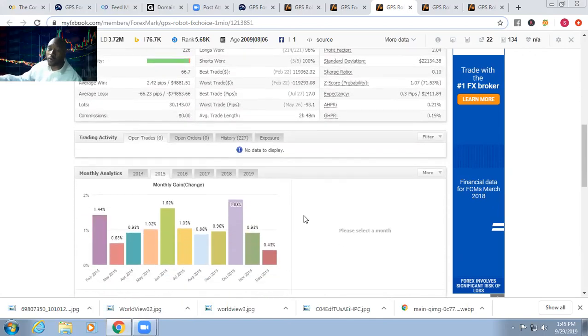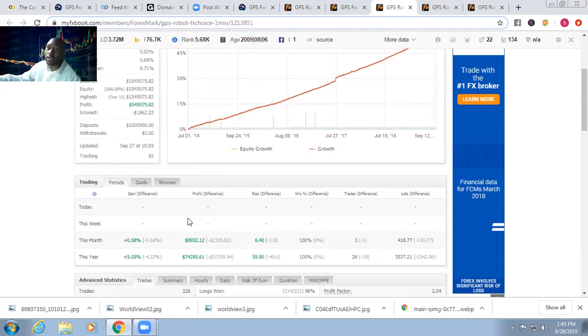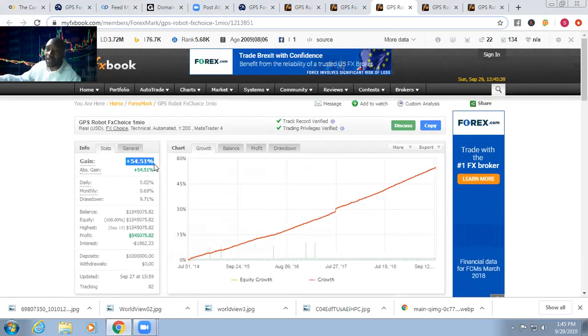And you see, if you would have got this robot in 2015 and put a little bit of money in that account, you'd be up over 54%. There's not really anything delivering those type of profits in the market nowadays. You're really going to have to risk a lot of your money to be able to have these returns. And as you've seen on the other accounts,